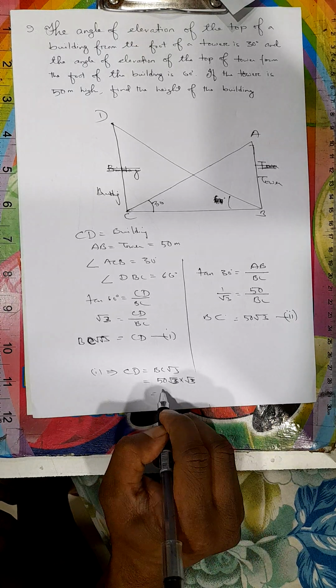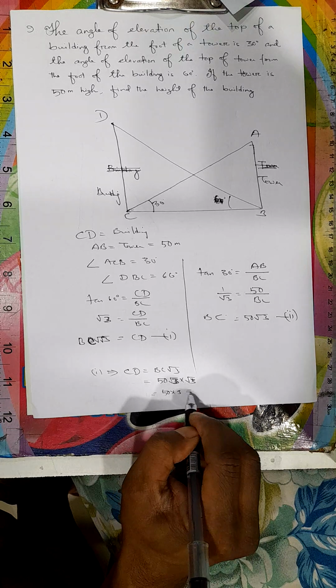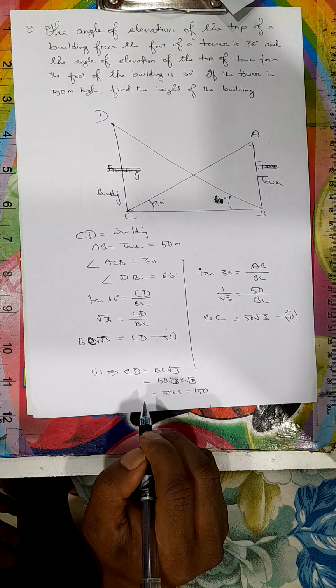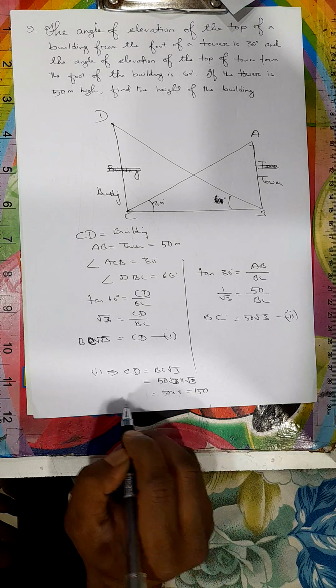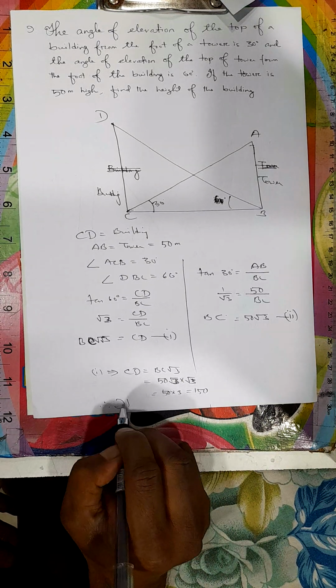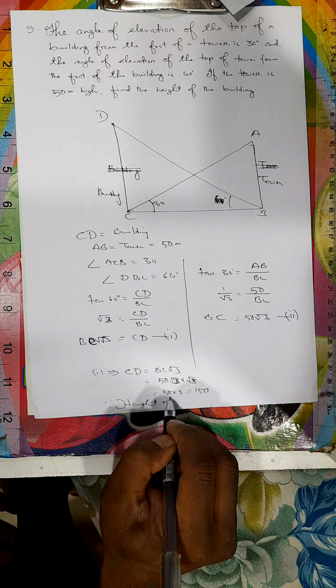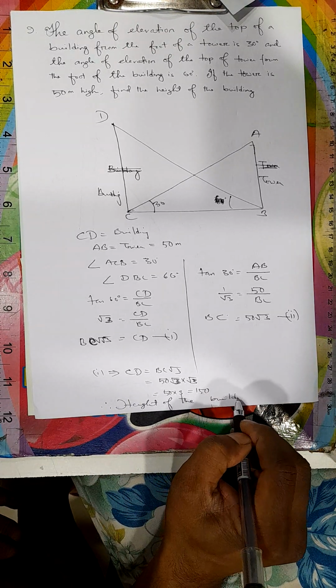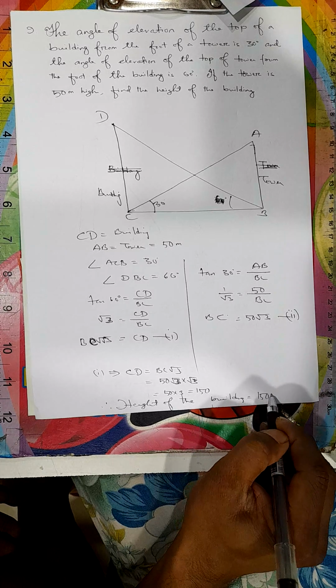So what is this? 50 multiplied by 3, 150. What is CD? CD is the height of the building. Therefore height of the building is 150 meters,